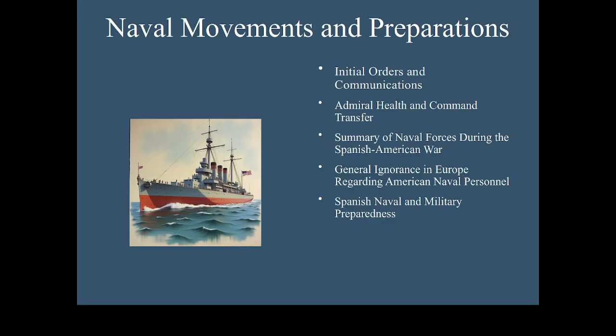Now, that's not to say there isn't any preparedness here. Do I have this on here? Oh, I do. The Spanish had a lot of soldiers, everybody. It's on the land, too. I think the numbers here, let's see. Spain and the islands had 150,000 men. Cuba had almost 300,000 soldiers. This is just the army and irregulars. Philippines had 50,000 men. Puerto Rico had 10,000 men. Overall, there was 500,000 soldiers under